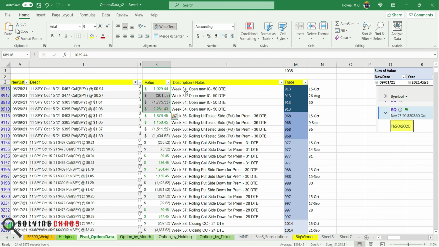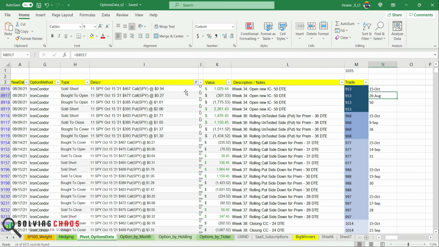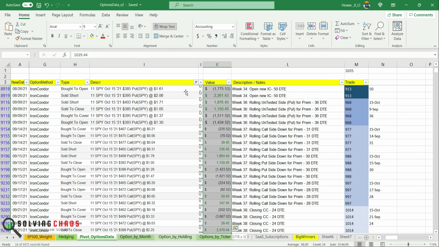Now, how do you make money on this? Well, what I normally do is I roll the untested side, and you can see this here. If you just look at how much I rolled, I collected another $300 just for rolling. So if you toggle all of these together, it will show you I made a really small profit even selling at a bad time. I sold it on that Tuesday, not knowing what was going to happen to the markets. I would have made more money if I knew that the market was going to be green, and if I waited a day or two, I would have shown a much larger profit.